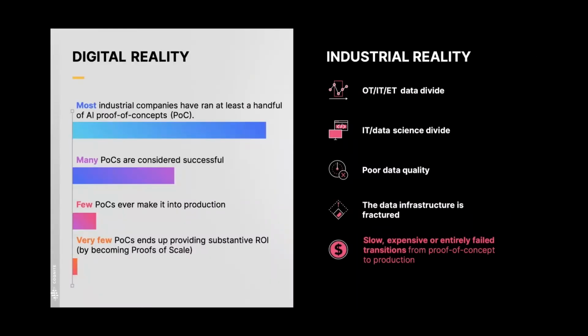And again, the reality of digital that we see in industry today is that almost everyone is quite far with their proof of concepts. Many companies consider their proof of concept successful. However, if we then go and ask a more difficult question about how many have moved these proof of concepts into actual live production, the number goes drastically down. And then if we ask the ultimate question about how many have actually proofs of scale as opposed to proofs of concept, we end up with very, very few companies who are honestly at this stage yet.